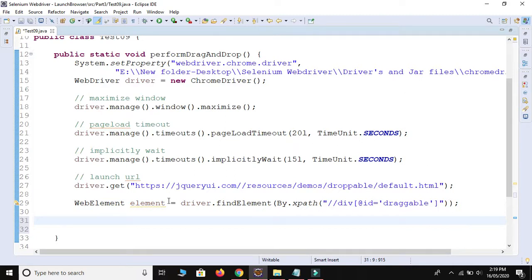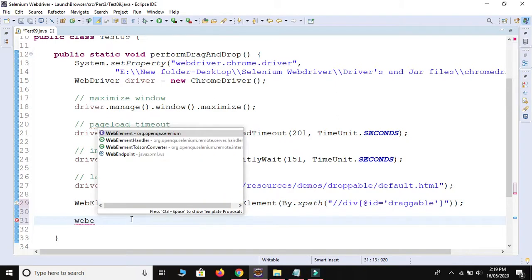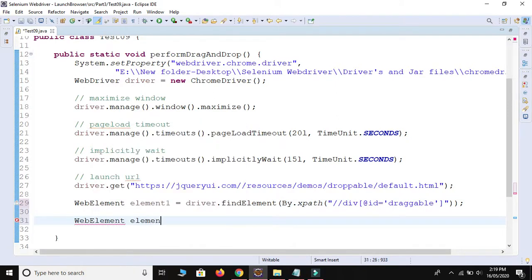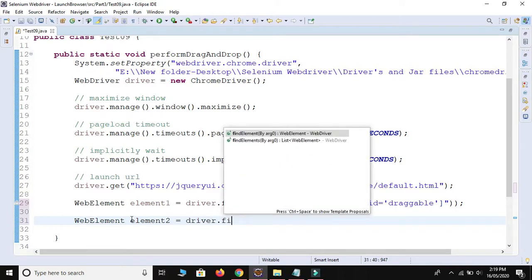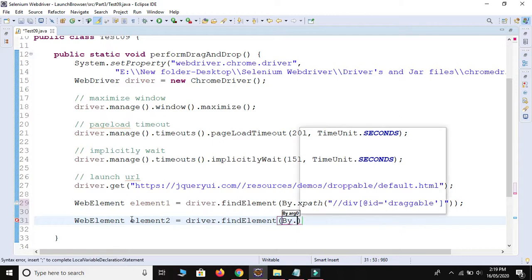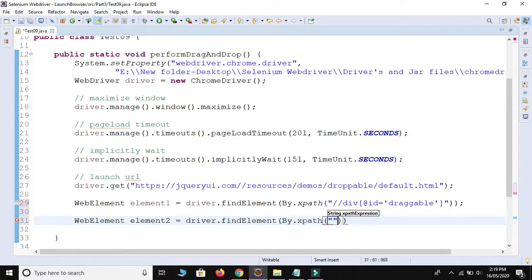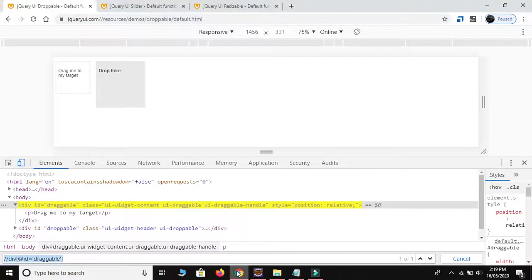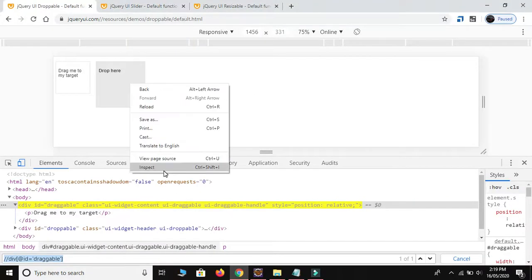I will rename it element1 here, and I will create one more reference variable, WebElement element2, is equal to driver.findElement(By.xpath). Let me inspect this web element also, this one, drop here.